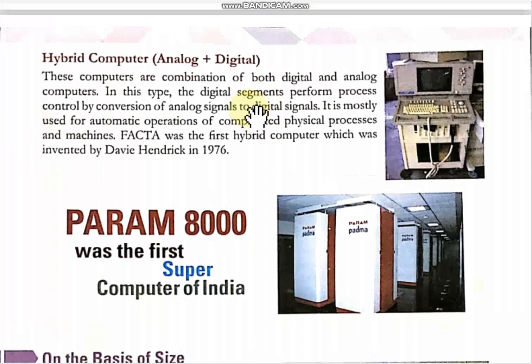So that's it for today. We are going to discuss in the next video the different categories of computer depending on the size. Till then, watch this video carefully. Note down your doubts if you have some. We will discuss in the live classes and try to solve the back exercise.